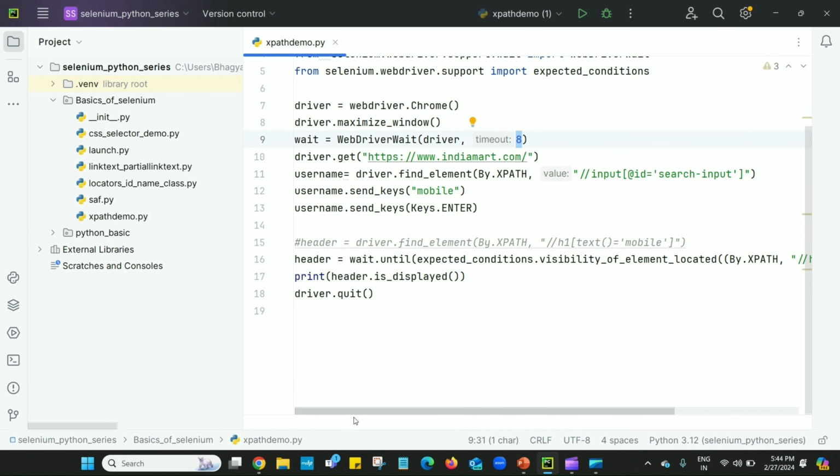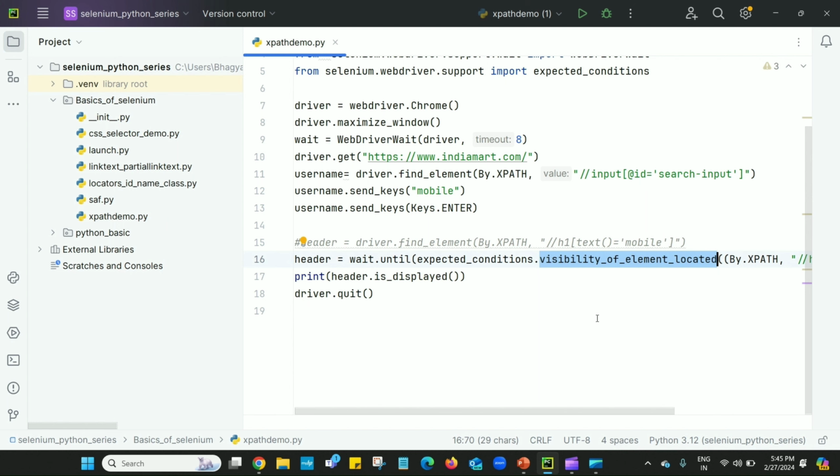After that it will throw an error. Like this, we can give any methods that are available. So instead of visibility of element located, as per our requirement, we can use different conditions like alert is present or title is or title contains.